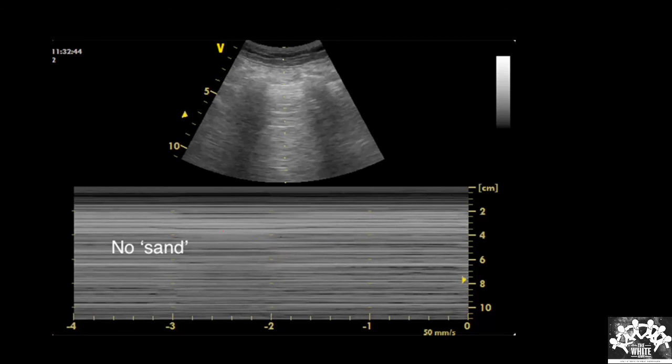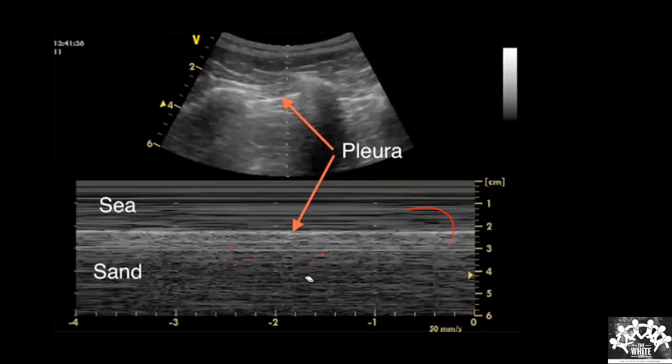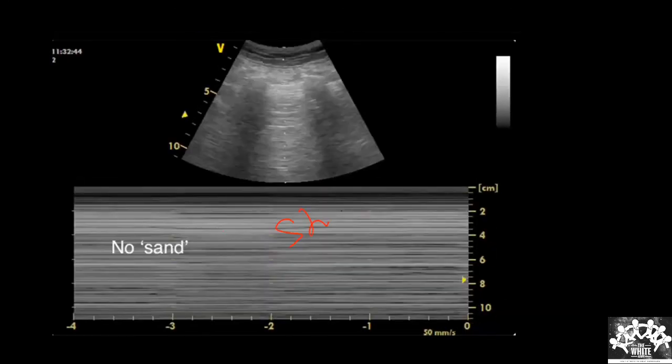So what do you think it is? It is nothing but a pneumothorax. Anywhere the sound is hitting, it is getting reflected. Air is reflecting all the sound back, and that appears as these multiple straight lines. As someone said, this is the stratosphere sign, or barcode sign. If an MCQ comes with the stratosphere sign or barcode sign, it is pneumothorax. If you get this image, you should never make a mistake again.